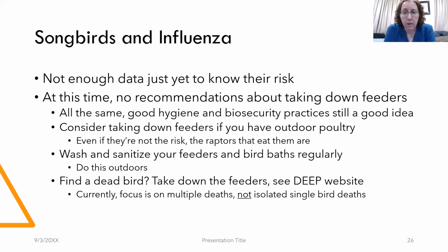Right now, because we don't know the risk and we haven't really seen any major outbreaks in songbirds so far, the Connecticut Department of Energy and Environmental Protection has not yet recommended taking down bird feeders, since it doesn't seem like songbirds are a major risk. All the same, it's still a good idea to practice good hygiene and biosecurity practices around your bird feeders, especially if you have parrots. So if you have, for example, outdoor poultry in your yard, you might want to consider taking down your feeders,